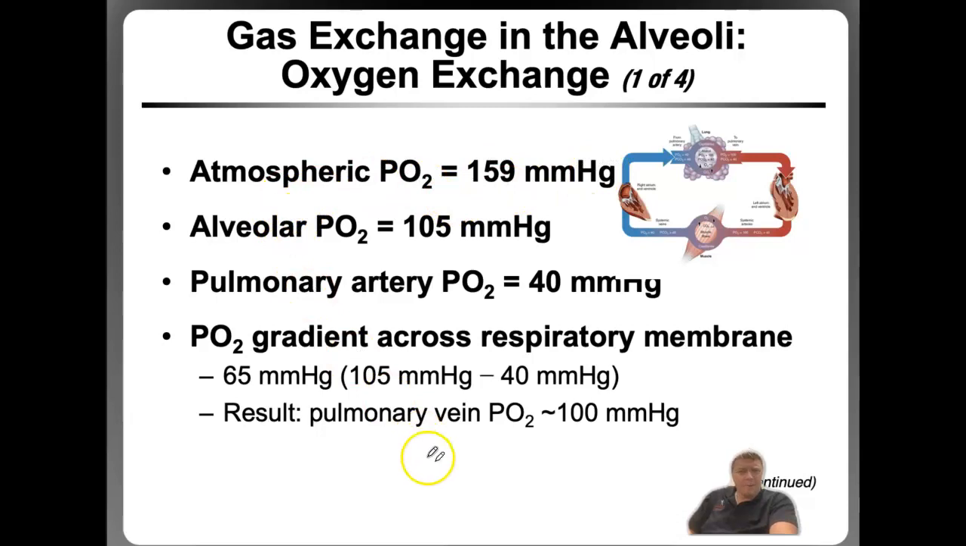So I got a better picture of this. That was really not a good one. So the atmospheric pressure of oxygen is 159. Your alveolar pressure of oxygen is